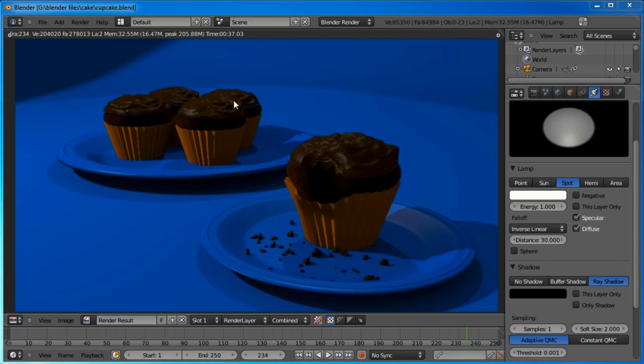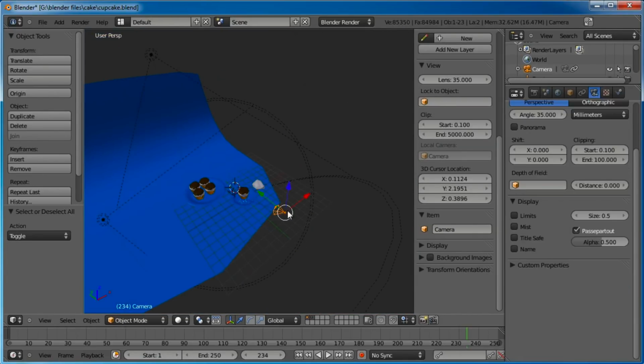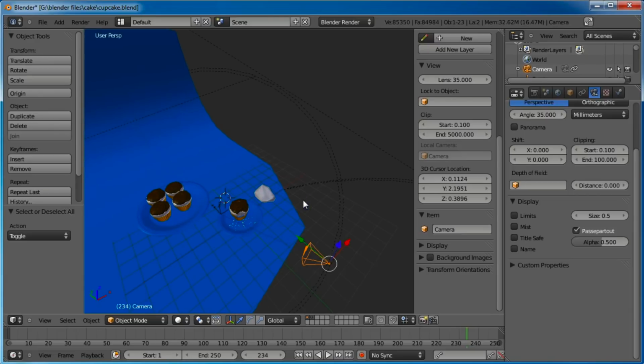Okay, so we got the background fairly decent now. Like I said, I'm not really sure how to fix the edge there, but our crumbs look nice. So now let's get ready to set up our depth of field. Let's escape out of our render, go into our top view and grab our camera, and we'll set the limits on. And I'll go ahead and set, oops, not the size of the limit, but